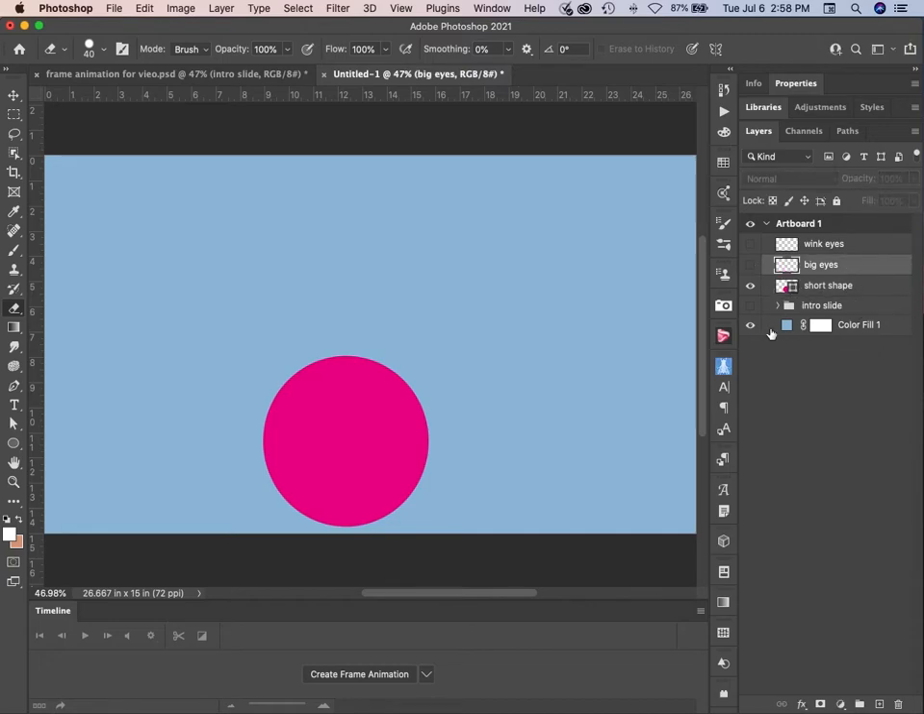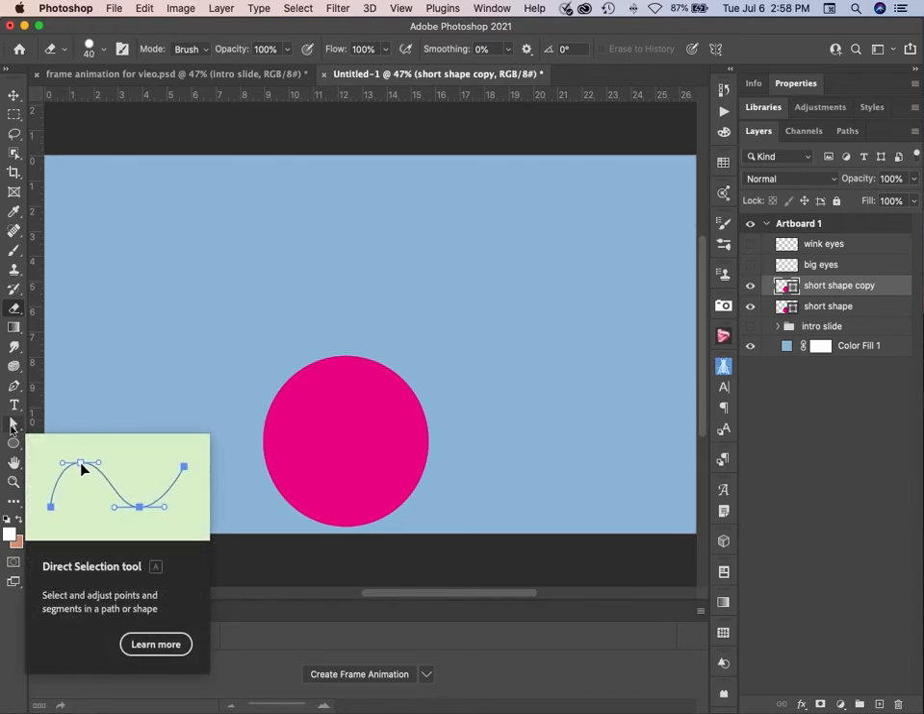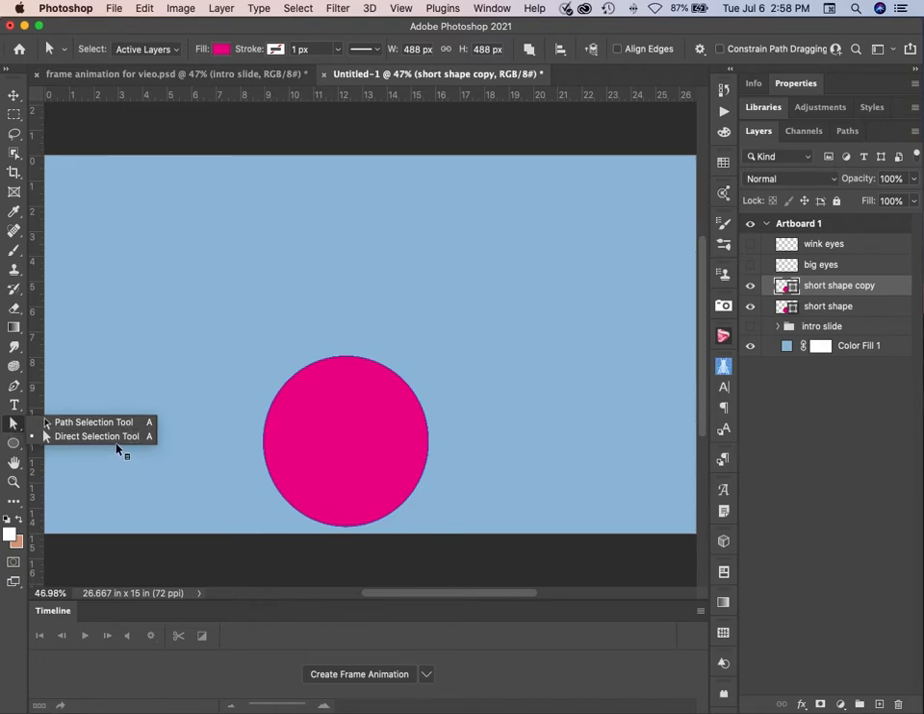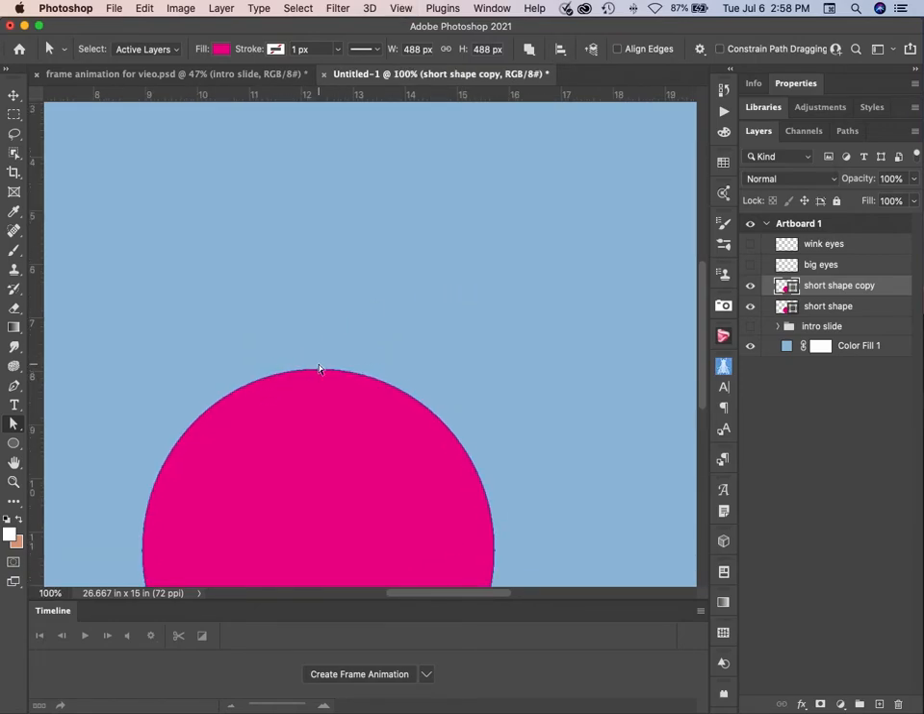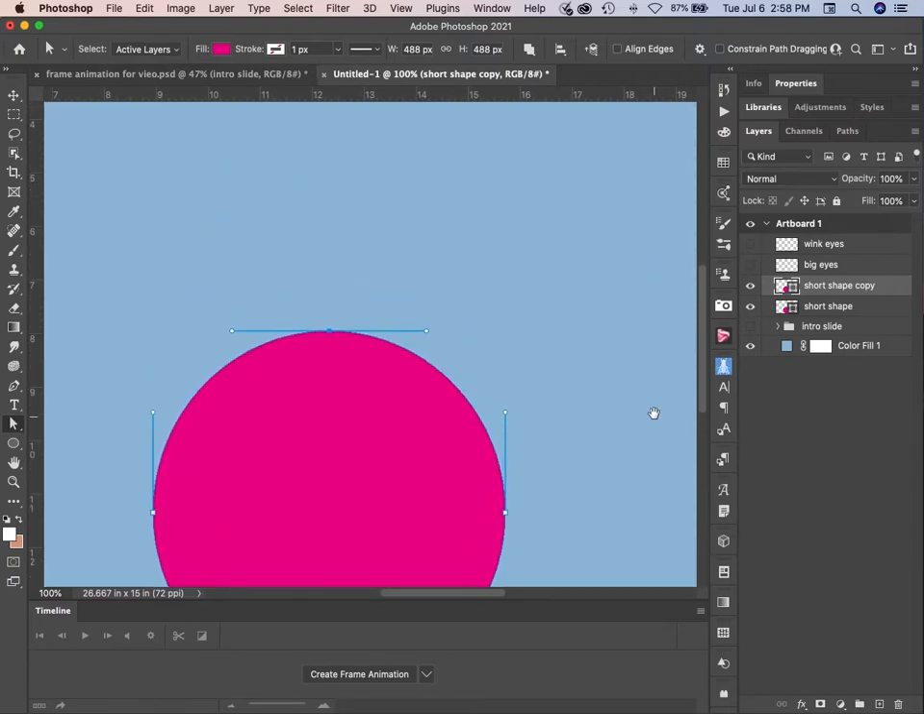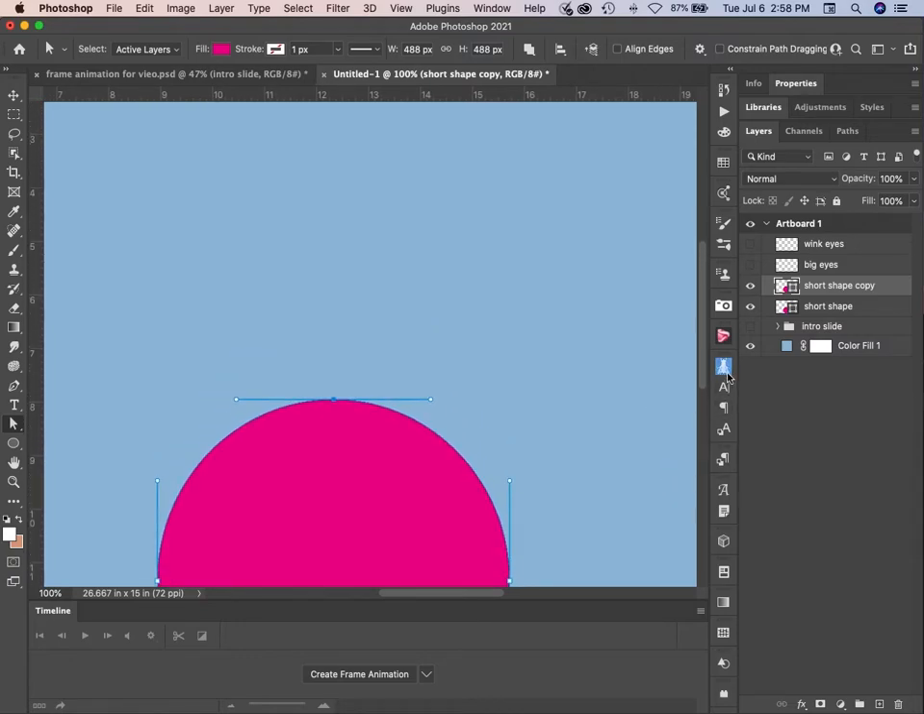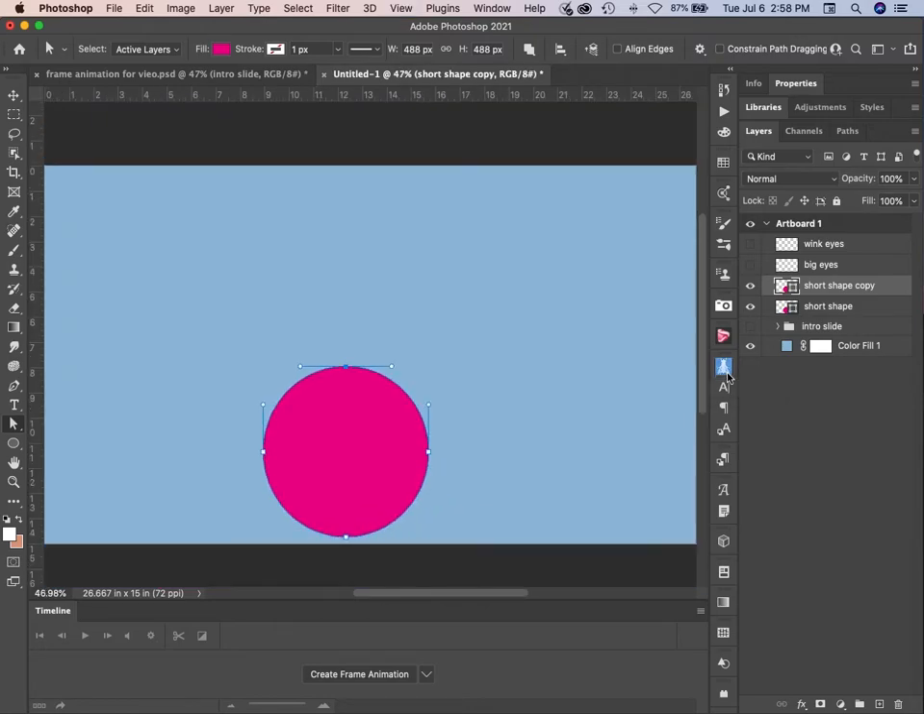So I also need to make a copy of this short shape, Command or Control J, and I want to transform this one. And because it's a shape, I am going to go over here to my selection tools and choose the direct selection tool, and I'm going to zoom in here a bit, and I'm going to click at the top of this shape, and you can see that there are 4 points in it. So now I'm going to go back to 0, or Command or Control 0, to get everything in, and I am going to click on this